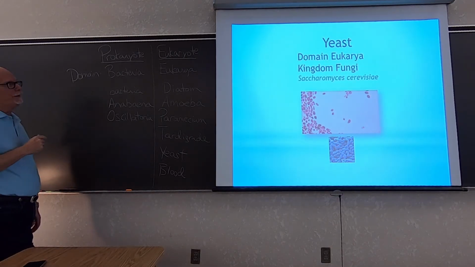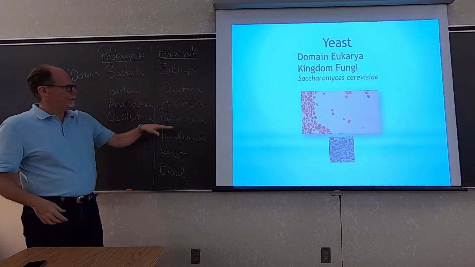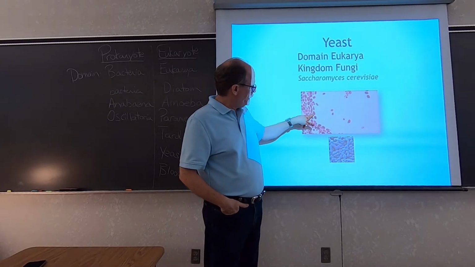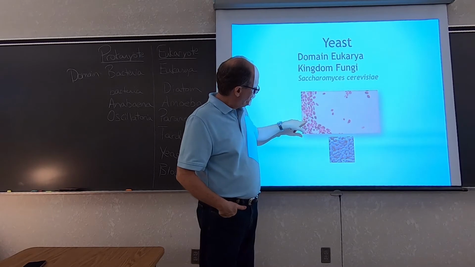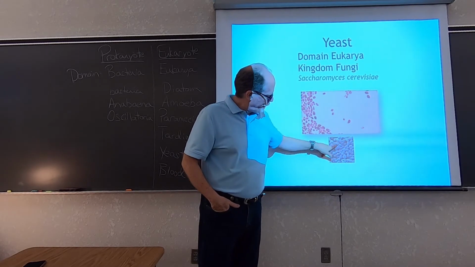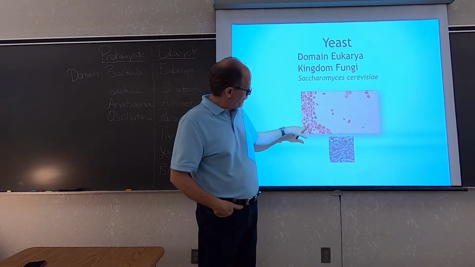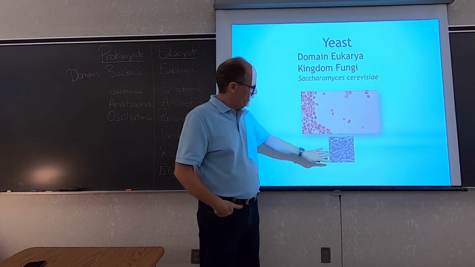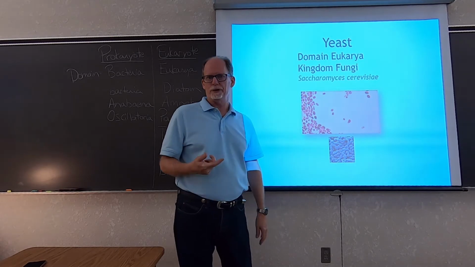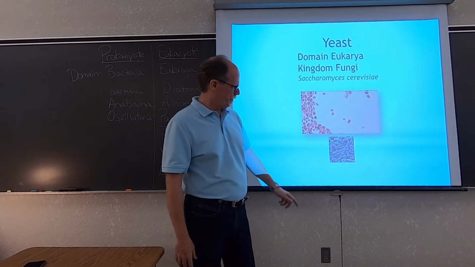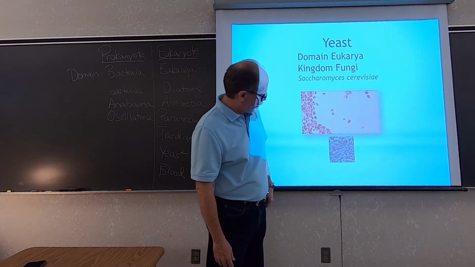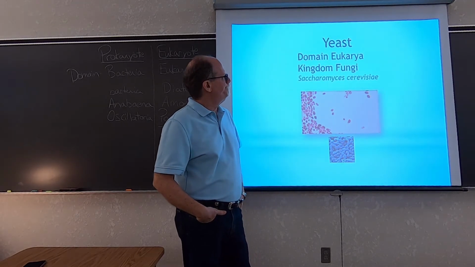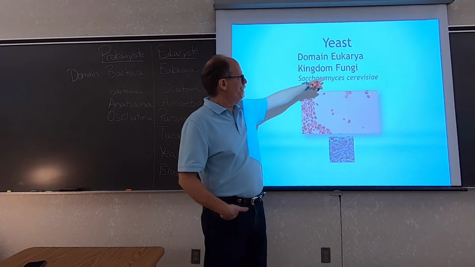Now yeast, they're eukaryotic too, but they're much smaller. They're single cell organisms. Each one of these little red things is a yeast cell. Here's some more pictures. There's probably a better picture of it than this. These are on a slide, and they stained them red. This is an electron microscope picture of them, which is much more detailed. You can make them out much better. They look like they're on top of one another. They belong to the fungi kingdom,